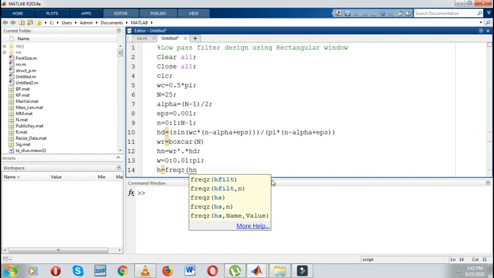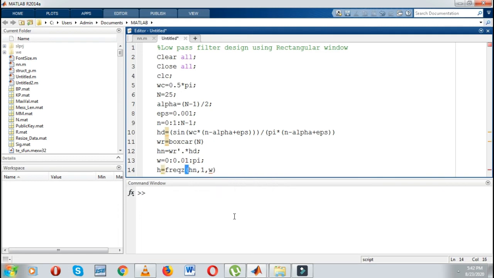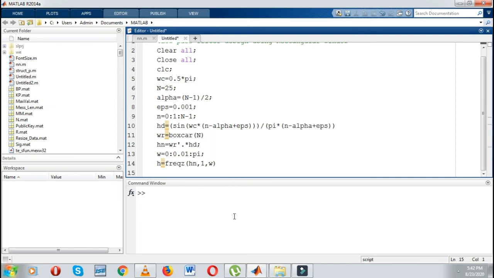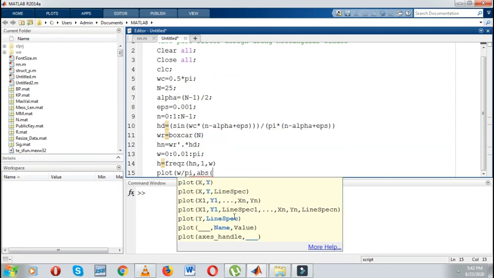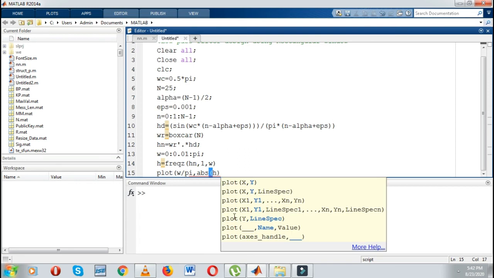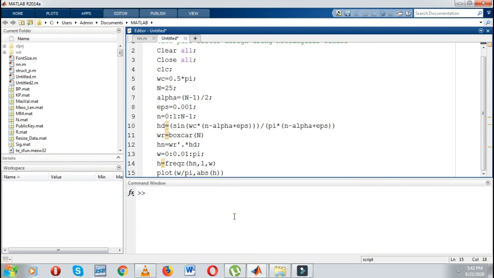For the transfer function you can see the command is available, that is HN. Then I can take 1. Basically I am defining the name and the frequency. Finally I can plot omega divided by pi comma absolute of H, bracket complete.